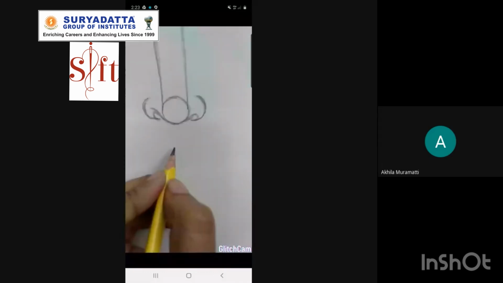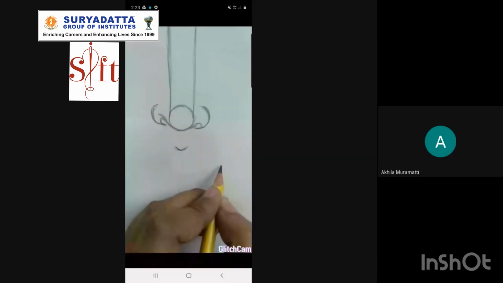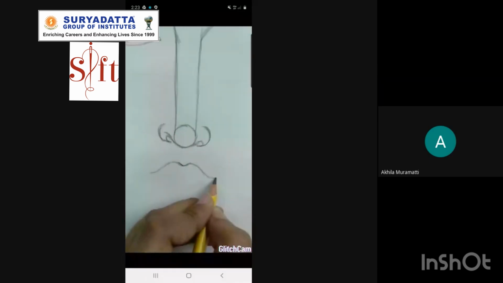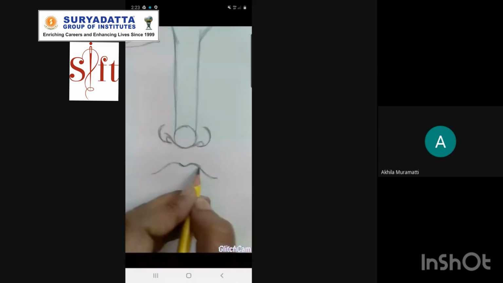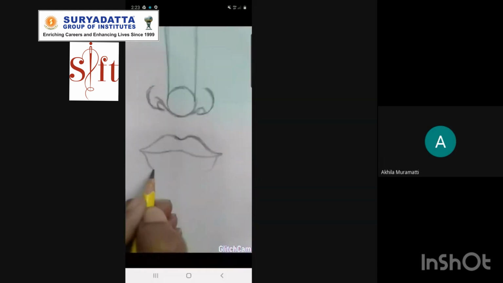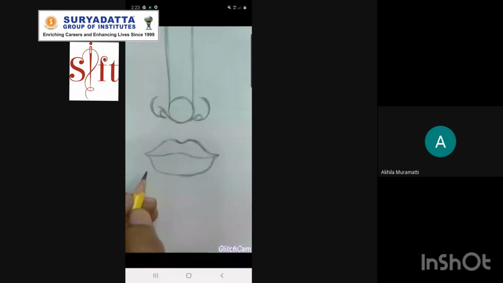I have drawn here pretty dark, so you can see it clearly. You guys just draw pretty slight lines to measure the basic portion.